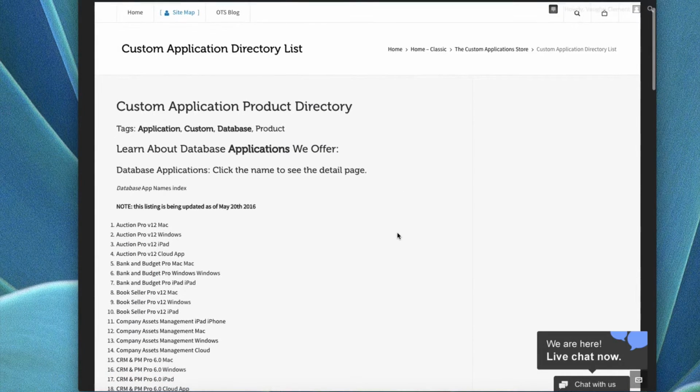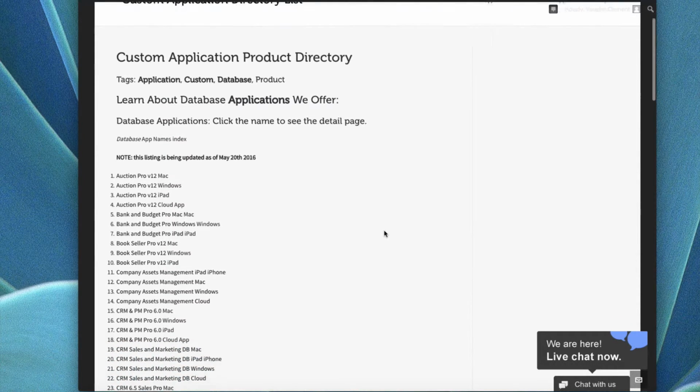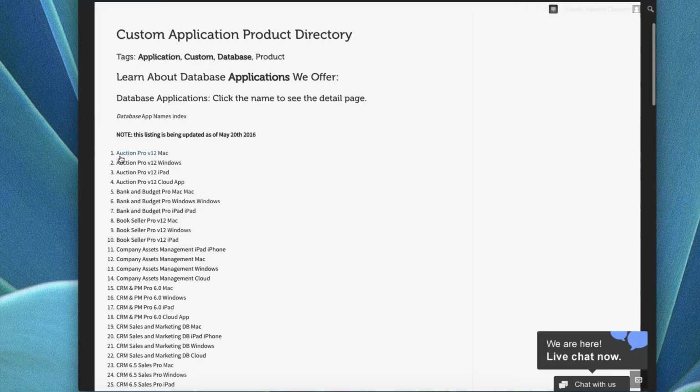Currently, there's over 130 apps, and there will soon be over 150. Basically, they're identified for each application, and then by whether it's a Mac, PC, or iPad, and in this case, iPad and iPhones are synonymous. You can find it for either one. And the cloud versions. If there is not a cloud version listed, that means the application is probably not